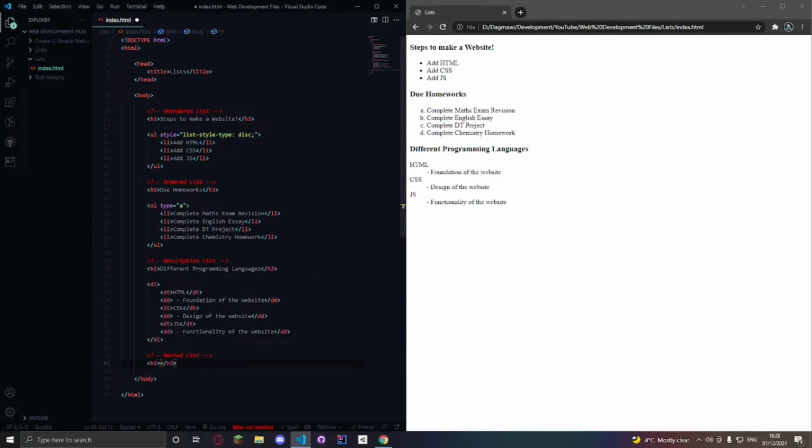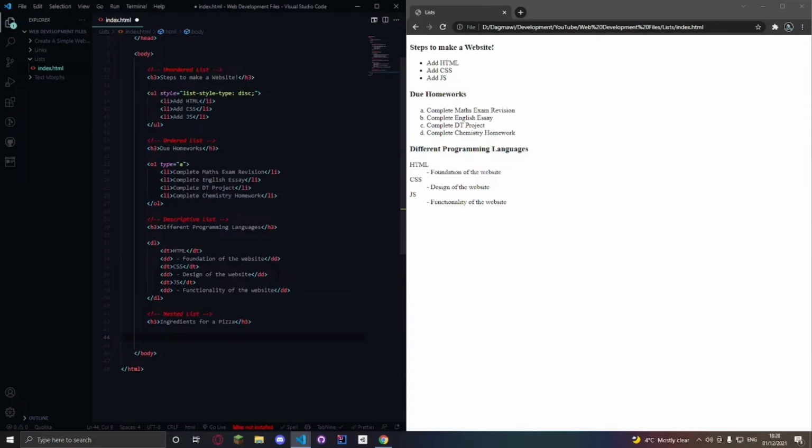So add a h3 tag and write ingredients for a pizza, because I'm really craving some right now. A nested list is basically just a list inside of another list. So if we add an unordered list and add a list item, write bread dough for a pizza, another list item, tomato sauce, another list item, cheese,